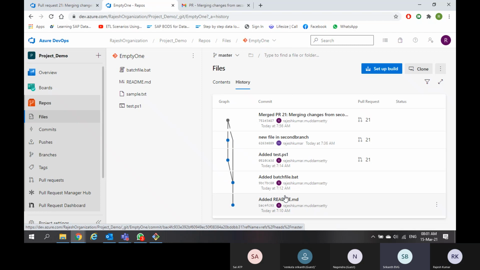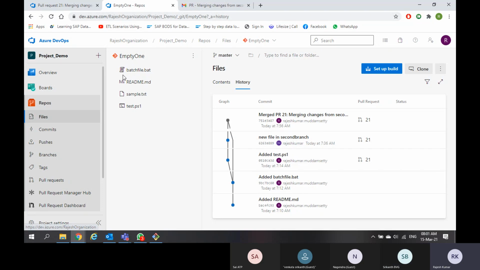Okay, so 4 files will be there. I mean, 4 commits will be there in the same test. Rebase won't stop you from merging, and rebase will give you a clear history. Now, if you see, the history is confused. If you go for rebase, it will give you a clear, one-line history only.